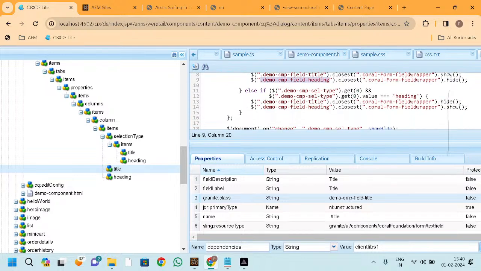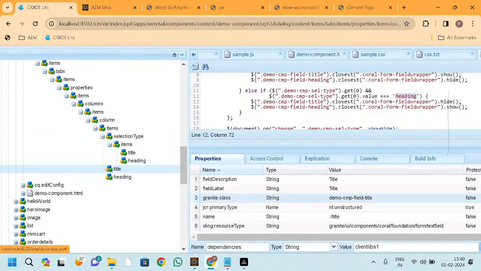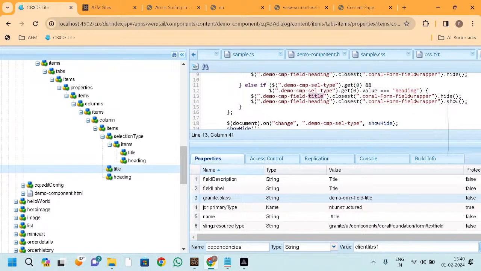Just like that, from this option, if the user has selected the heading, whatever you select will come in the zeroth place. So if you have selected the heading, it will come in the zeroth place, and this is the value. And what it will do, it will